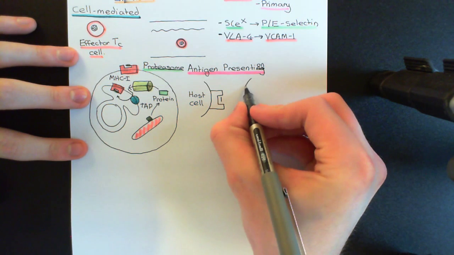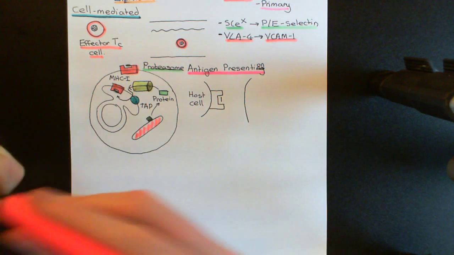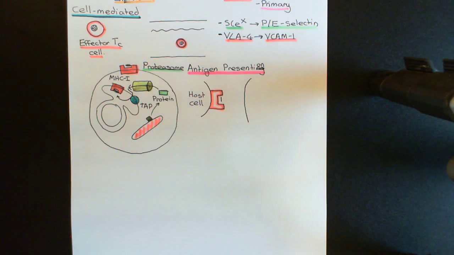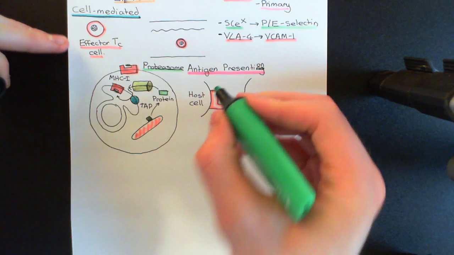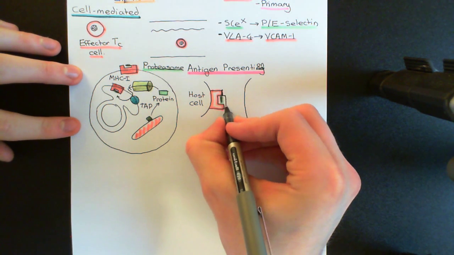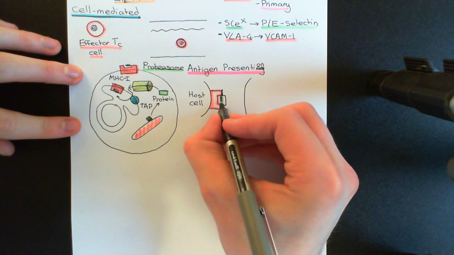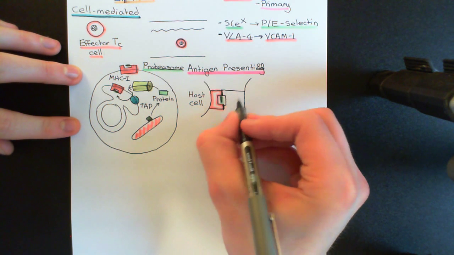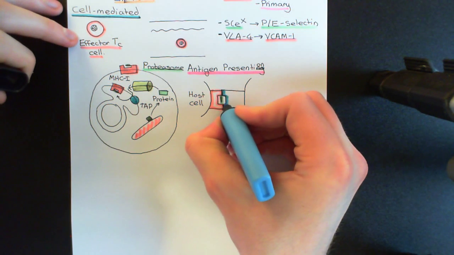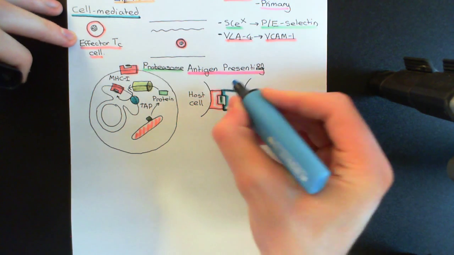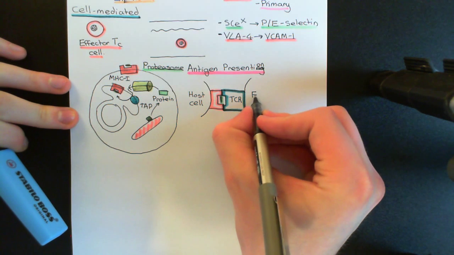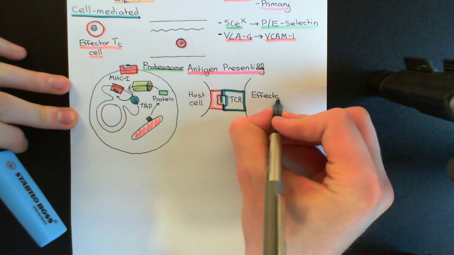Okay, so there's the host cell membrane and the MHC class 1, and I was just about to colour it in. So here it is in red, like so. And here now is the peptide fragment. And now what's going to happen is the T cell receptor will be specific to this MHC class 1 with this specific peptide fragment in, and oh joy, look, it's managed to find it. It will now bind to it. So here is the T cell receptor of our effector cytotoxic T cell. So I'll just label this up. So this is the T cell receptor here, and this cell surface here is our effector cytotoxic T cell,